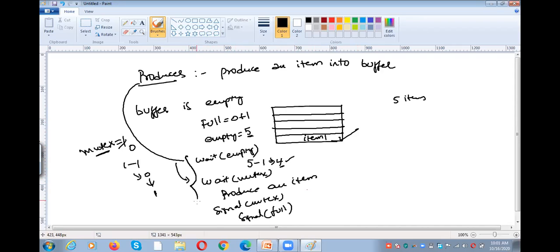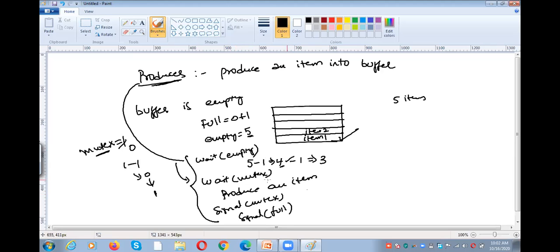Again what we have to do? Again we repeat the steps. Again the producer is willing to produce an item. Wait of empty. What is wait of empty? That means the producer is producing the next item. So the 4 will become 3 now. The producer produces an item by performing the mutex operation on wait. So item number 2